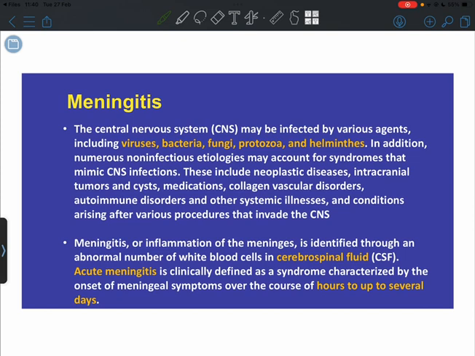Dissemination occurs through 2 routes, مش هيك؟ أو 3 routes. The first route is the highway of the body, which is what? The bloodstream. And that's what we call bacteremia. يعني bacteria in the blood. Emia means blood in Latin, مش هيك؟